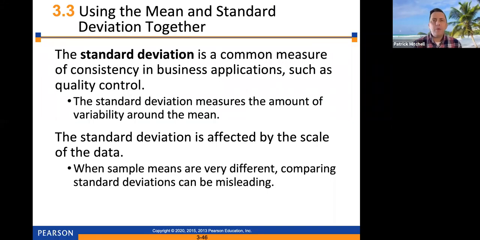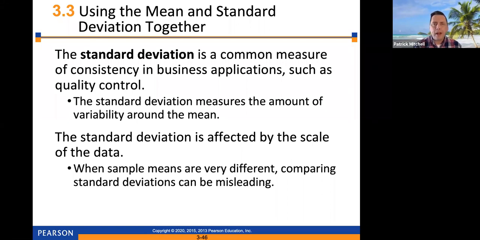We're continuing with Chapter 3, and today we're talking about Section 3.3, which is on using the mean and standard deviation together. So the standard deviation is a common measure of consistency in business applications such as quality control. It measures the amount of variability around the mean. Now, the standard deviation is affected by the scale of the data. So what tends to happen is that a sample with a larger mean will tend to have a larger standard